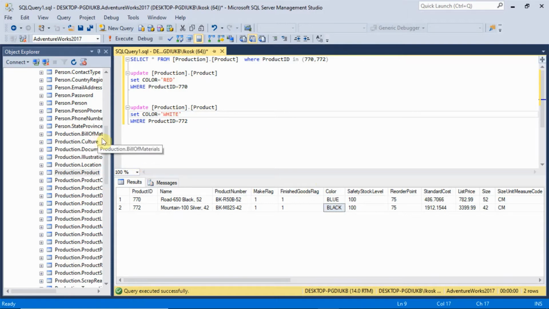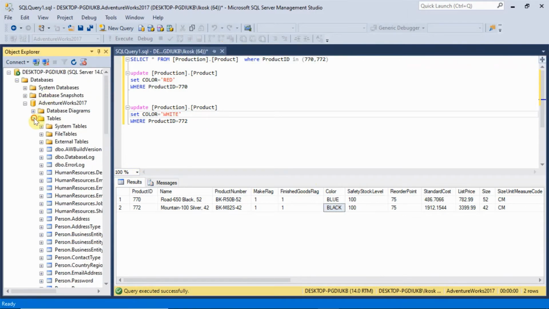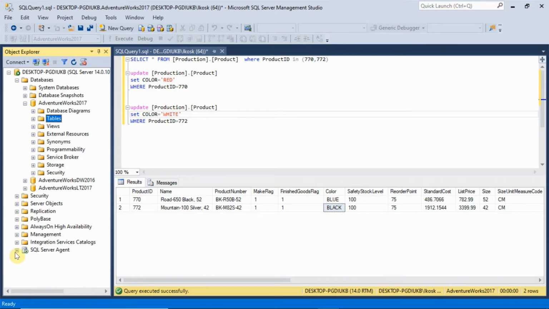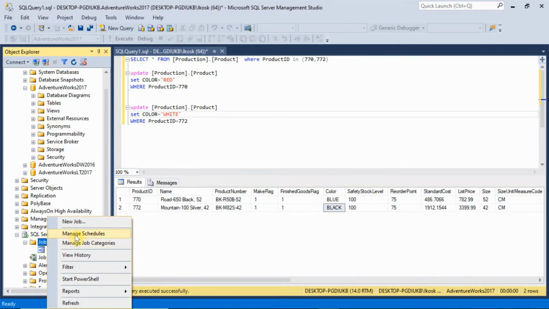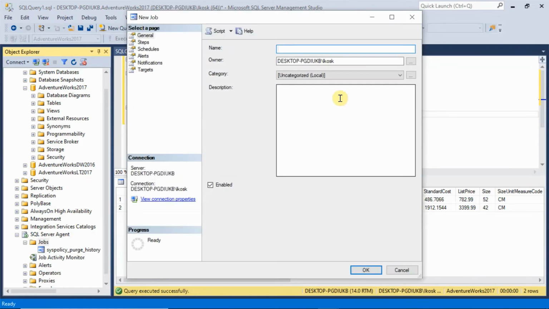Okay. So now let's go to the SQL Server agent. Today we will be setting up multiple steps. Okay. So this will be our first job. You can give the name of the job, whatever you want.